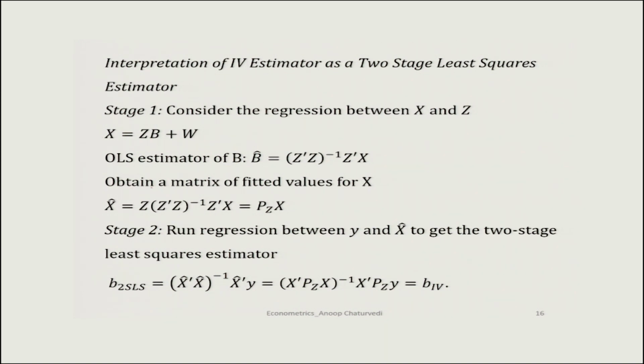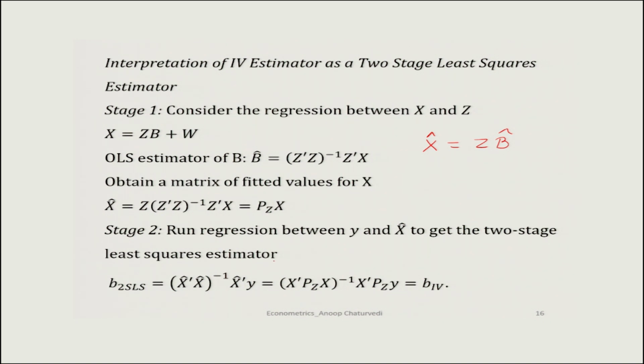Then we obtain a matrix of fitted values of x, say x hat equal to z b hat, and then we substitute the value of b hat here. So, you get x hat equal to z (z transpose z) inverse z transpose x, which is equal to P_z x. Then in the next stage, we run regression between y and x hat to get the two-stage least